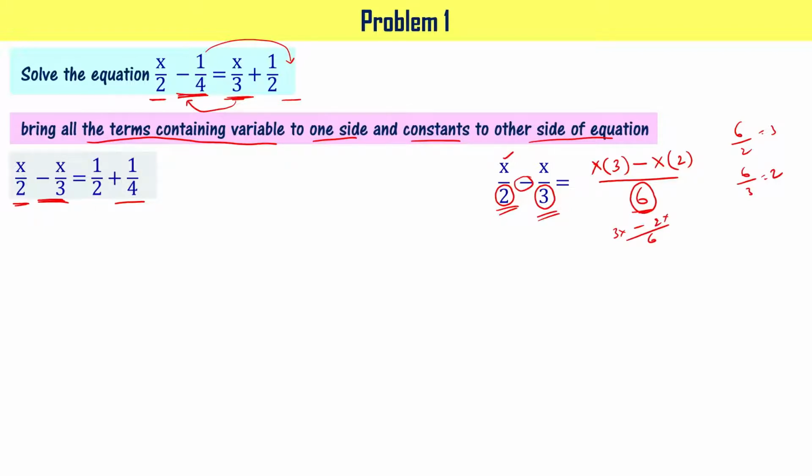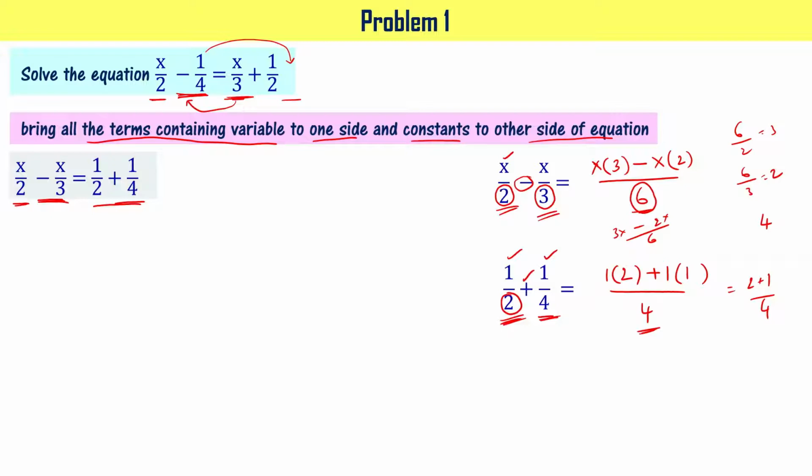Now let's look at the second side, that is 1 by 2 plus 1 by 4. The denominators are 2 and 4, right? Their LCM is 4. So let me write 4 here, right? Before that, let me write this particular 1 here and then put a bracket like this. 4 divided by 2 is 2. Let me write that. Now this particular plus sign has to be written as is. Then let me write 1, this 1, and then put a bracket like this, and 4 divided by 4 is 1, right? It means it is 2 plus 1 divided by 4, right?